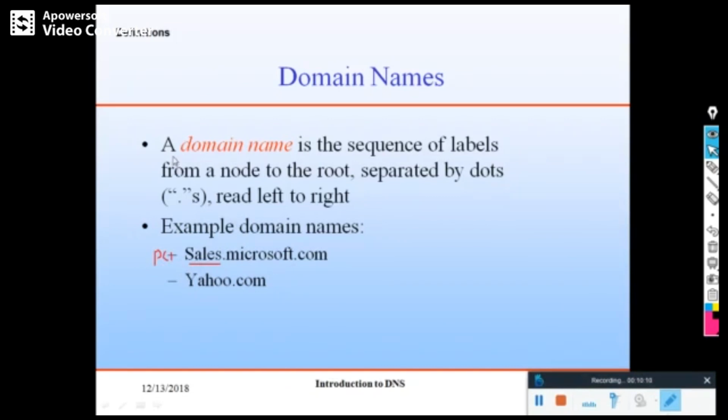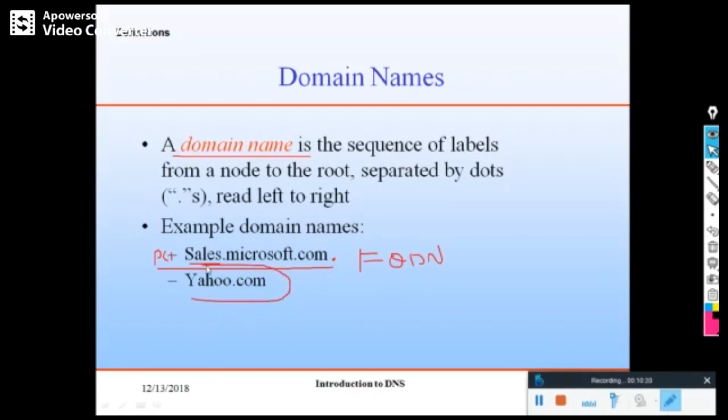So a domain name is the sequence of labels from node to root. This is the root here. Actually, we will not represent this dot while writing. This is called the fully qualified domain name, FQDN. It always ends with the root dot.